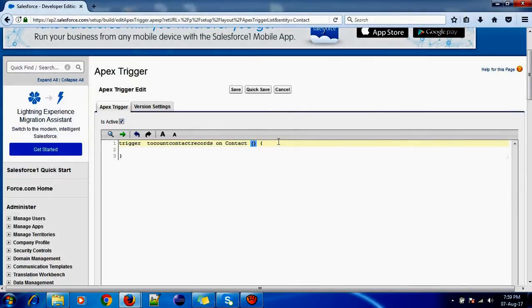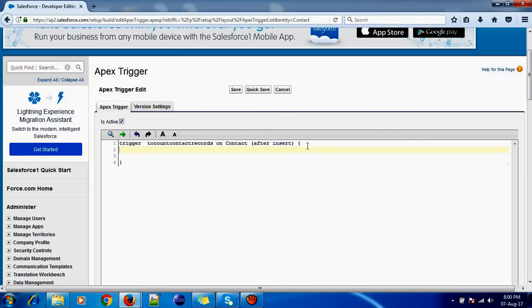Before insert, after insert? It's after insert. So the trigger to count the contact records on contact after insert, because after insert only the ID will be generated for a record.